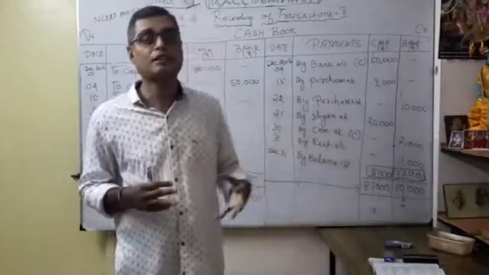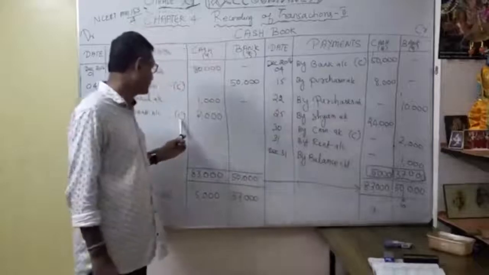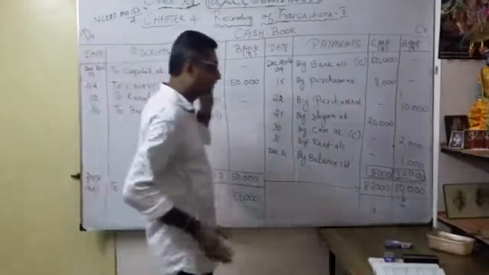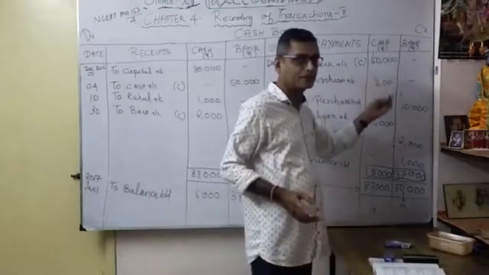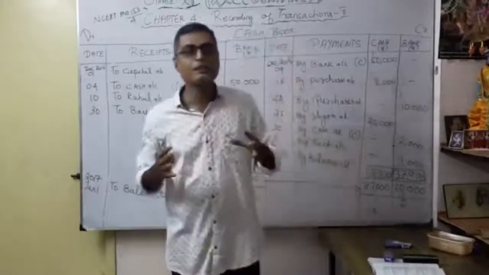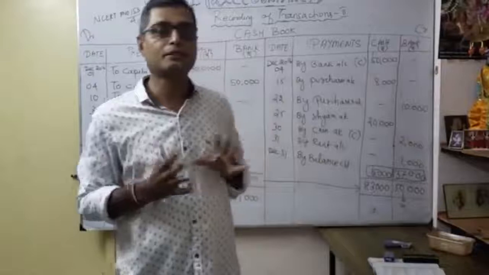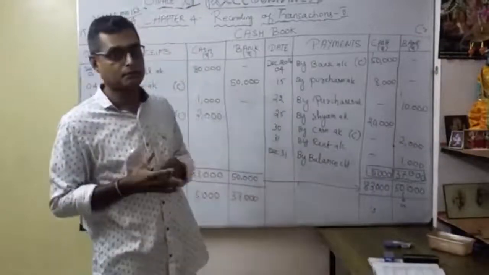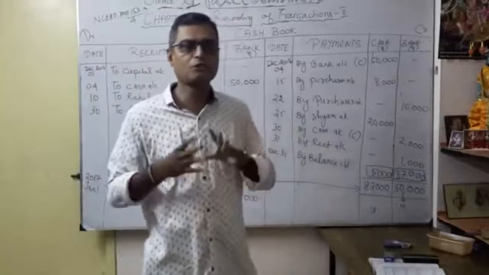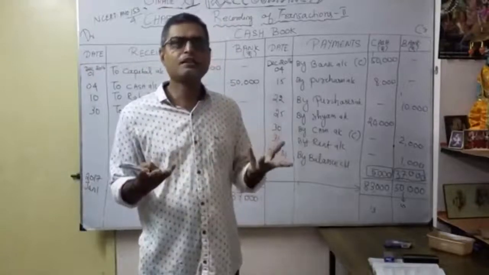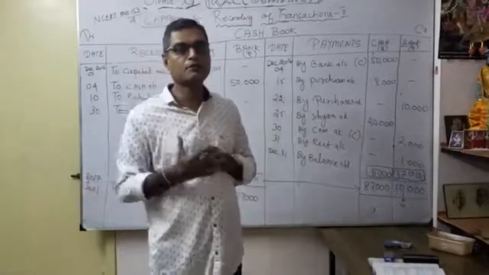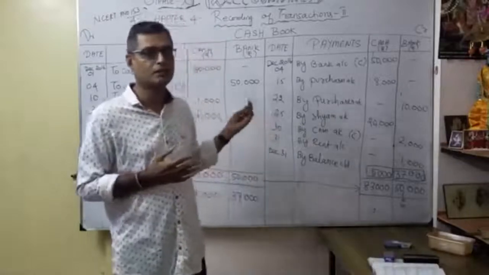Whenever you make a contra entry, you have to mention the bracket contra. Once you put it on your debit side first, always immediately check whether you have done it on your credit side. Then only you have an idea that okay, it's done on both sides. Likewise, you have to do the double column cash book. Once you are strong and understand the double column cash book, the single column cash book is very easy. For us there is no triple column cash book, only single column and double column cash book.